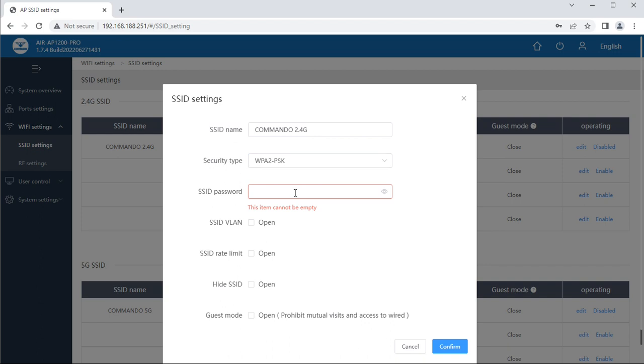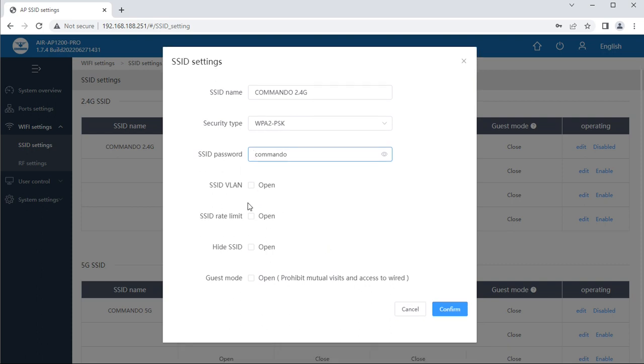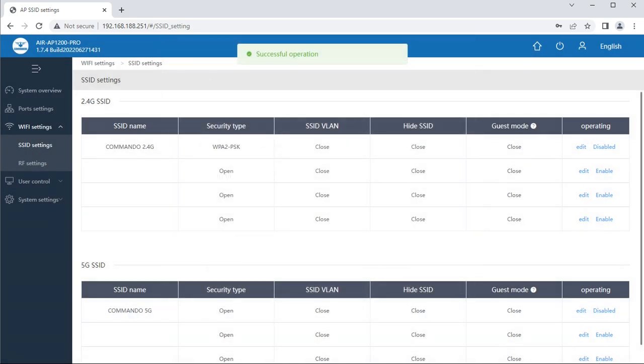SSID password, this Wi-Fi password. Let us say I want "commando" as a password, so small case commando. I can also set the SSID VLAN and rate limits, because it is having 1G uplink and downlink. Hide SSID, guest mode, and then confirm. Then for connecting this,